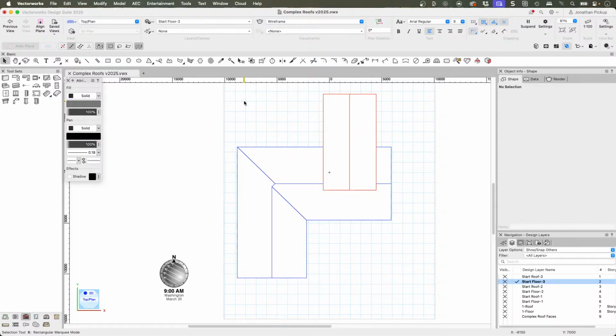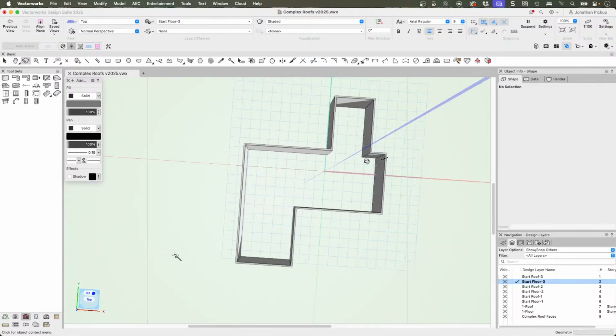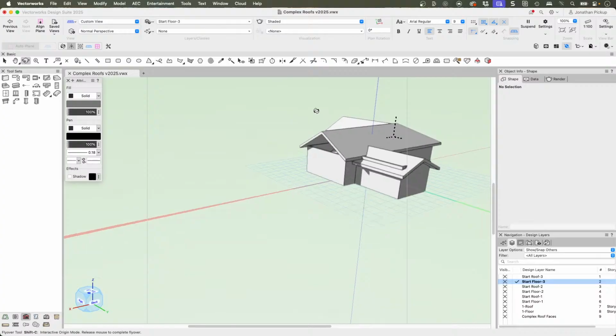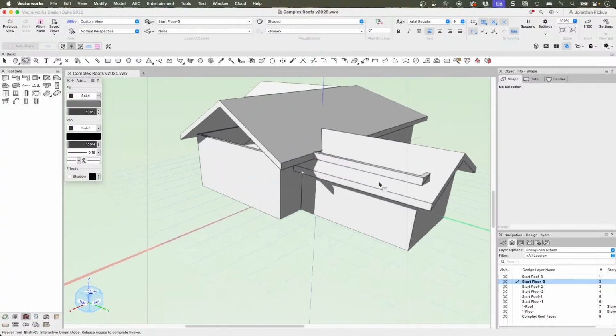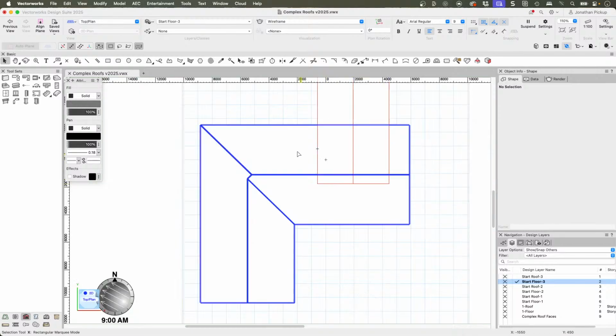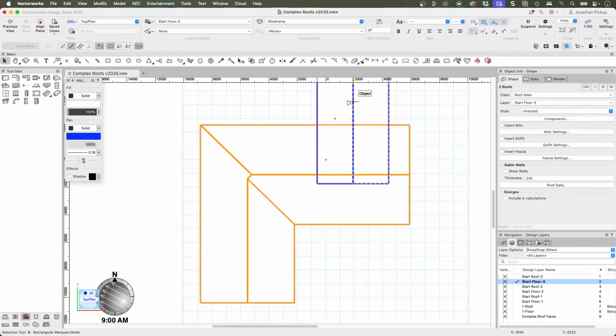And I need to know where these intersect each other, because this is at a different angle. This is also at a different height. How do I figure that out? Sure, you can use mathematics, but to me, that's the hard way. I've got a real easy way to do this. If we select those two